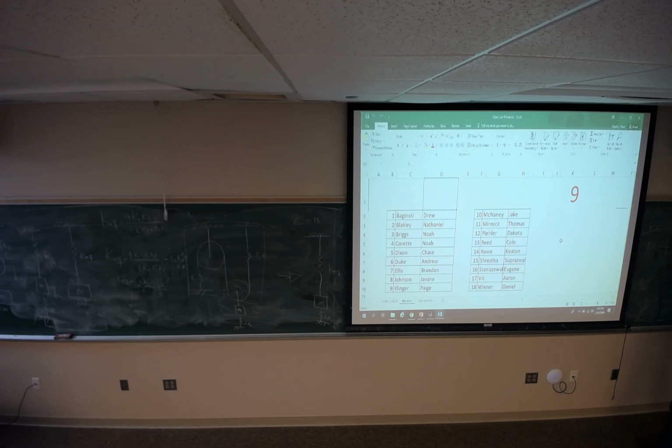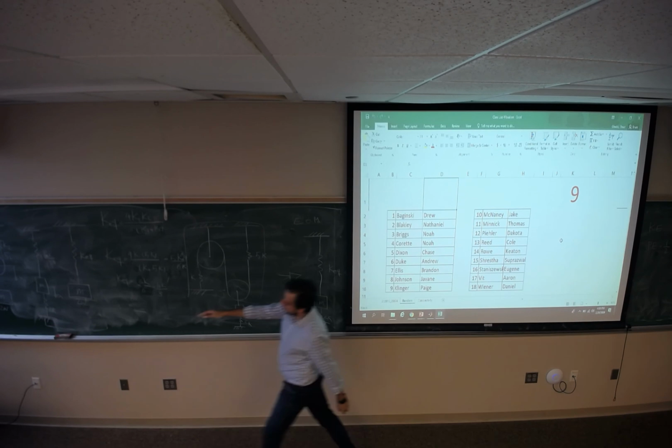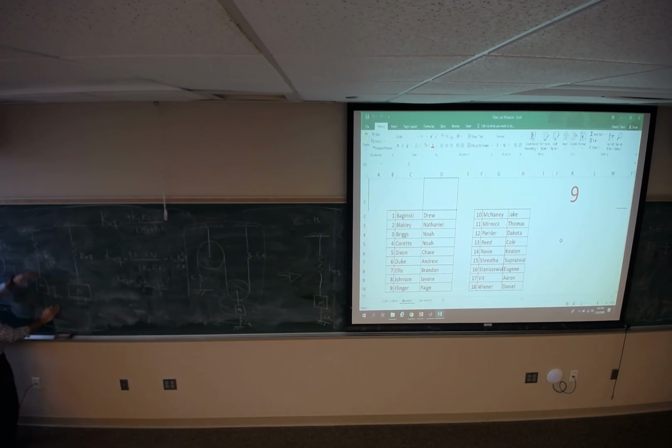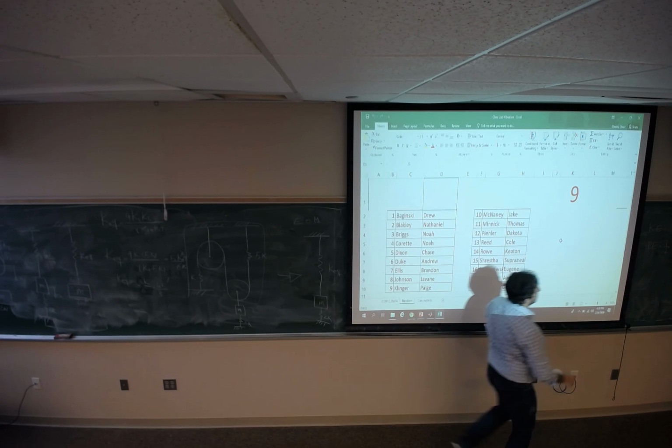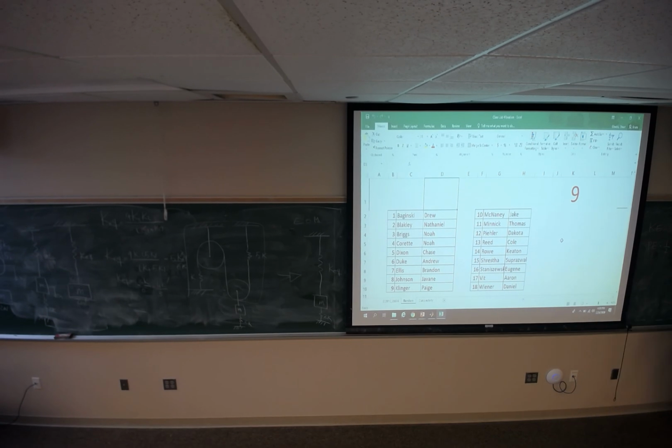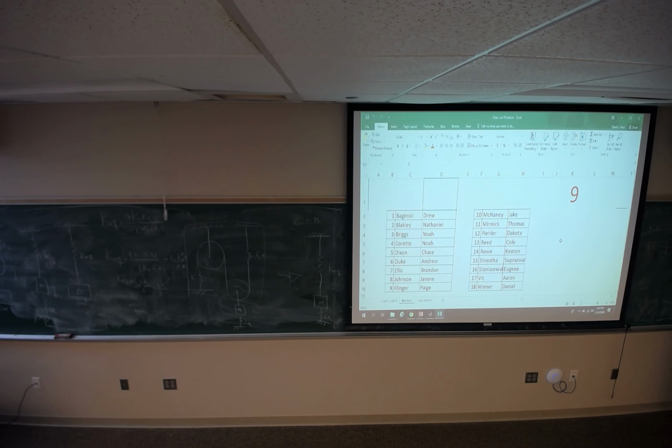Plus, if this mass is moving by x, this spring is going to be extended by the same amount. So the potential energy absorbed by this spring is half of the stiffness, which is half of 10k over 3, times the deflection x squared. So if I add them up,